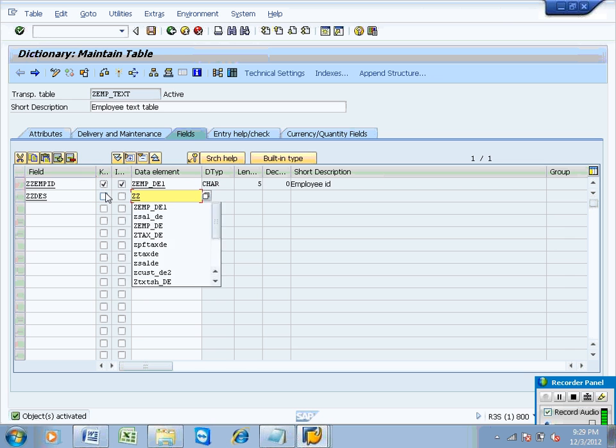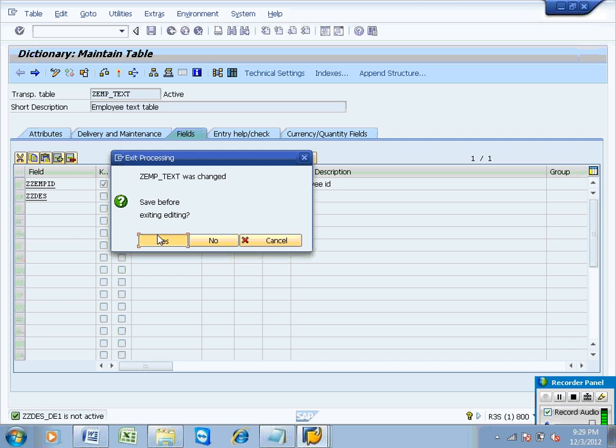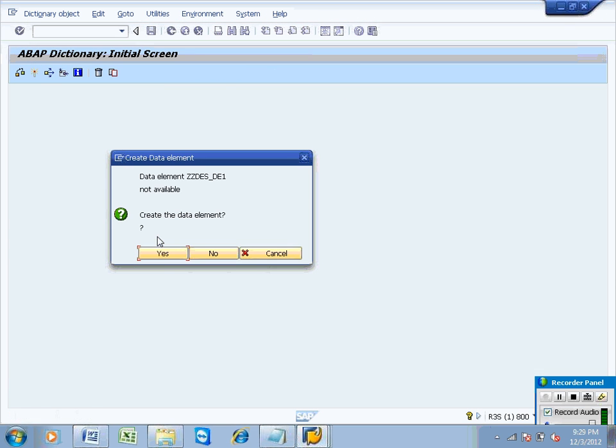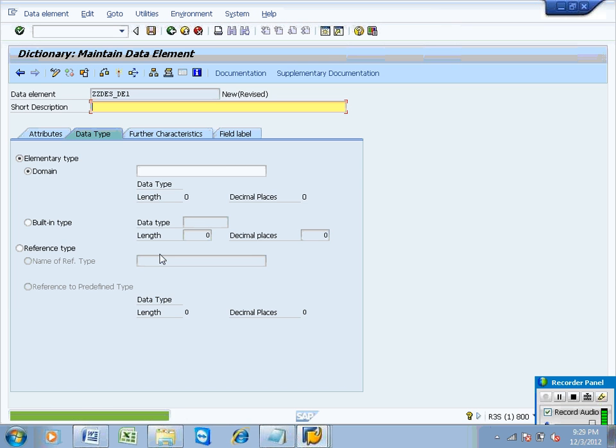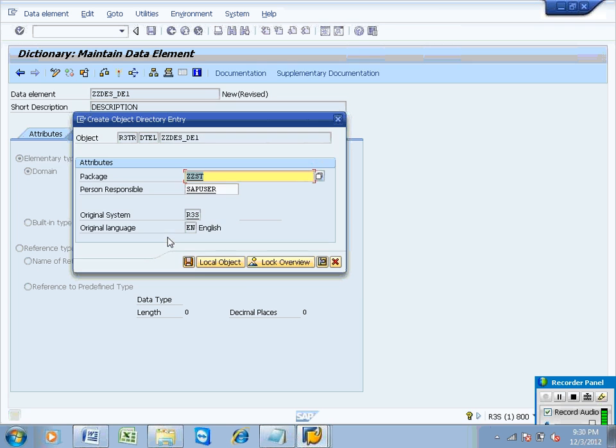Now the description field, GG description, with data element underscore DG1. Double click on this one and click on Yes. Now create the data element, and this is the description, and what is your domain? I am making this one as the domain. Okay. The domain has to be created.